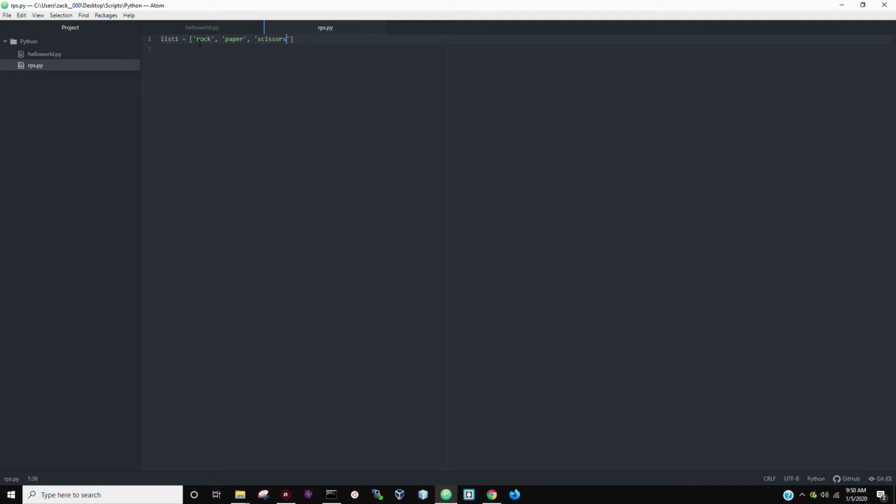This is because we'll have to access this information to know if we're winning or losing. And then we'll also need a random number generator for the computer to be able to access the rock paper scissors portion of this. So we'll import random, save it, and then we will say